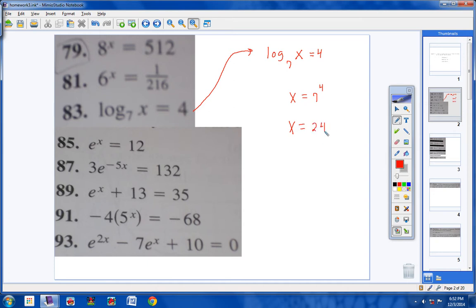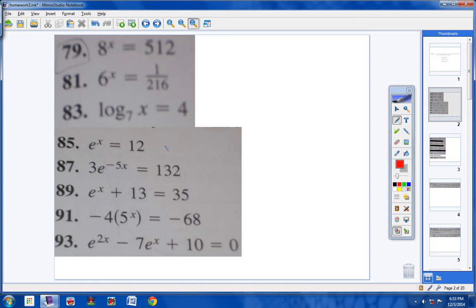Now remember, students, whenever you solve a logarithmic equation, you need to take your answer and make sure that it works in the original problem. So let's go ahead and put 2,401 right here. And if we do that, we can see that we can definitely take the logarithm of 2,401. We can do that. So yes, this answer works. Now, if this had been a negative number, then you would not be able to take the logarithm of a negative number, okay? But that is not the case, so we can continue on. Okay, number